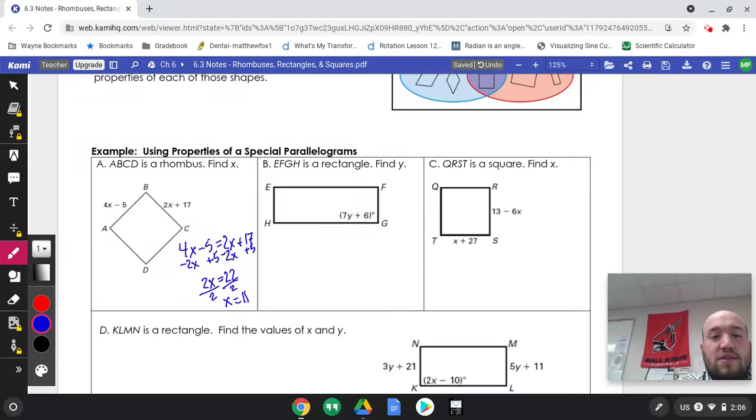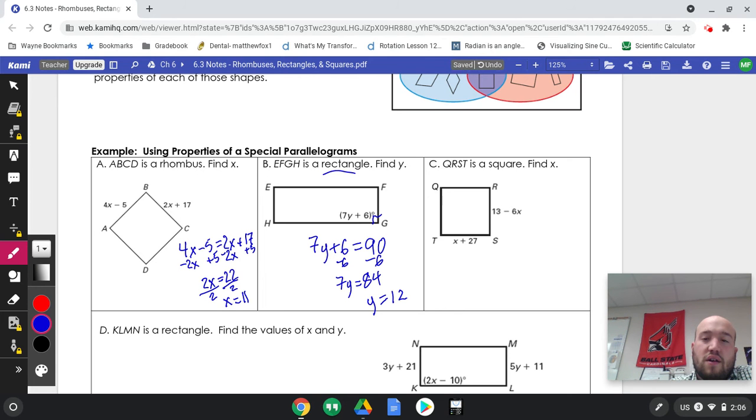Okay, letter B. This one tells us it's a rectangle. As soon as we see that it's a rectangle, we know this angle is 90 degrees. So 7y plus 6 will equal 90. Subtract the 6, and 7y will equal 84. We can divide by 7, and we will get y to equal 12. All right, the next one,